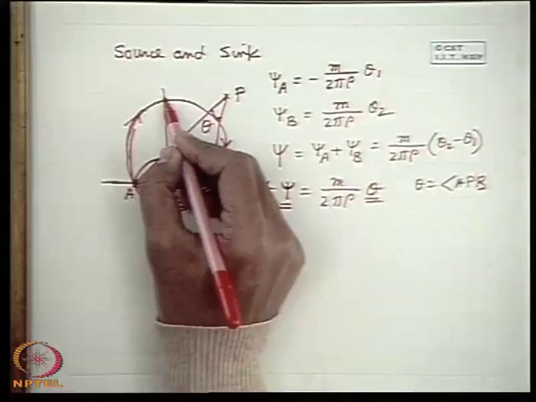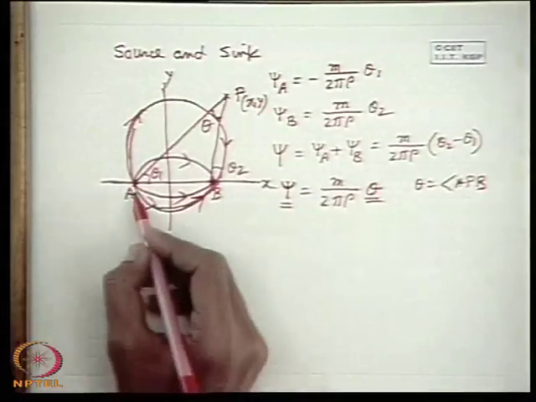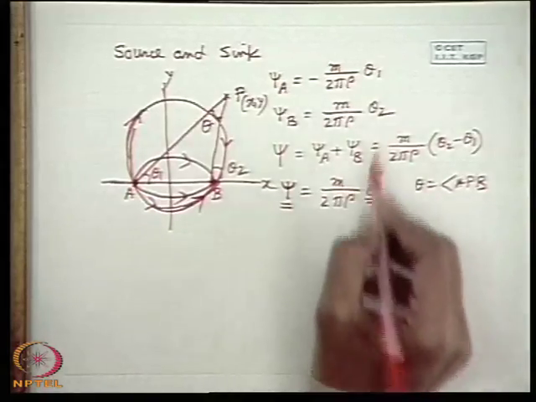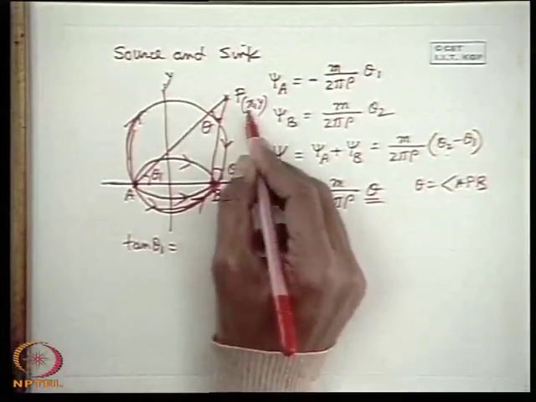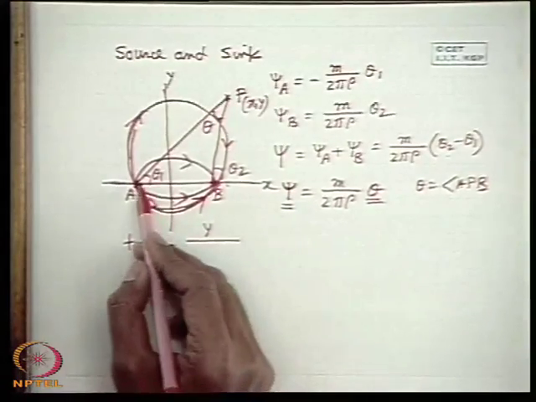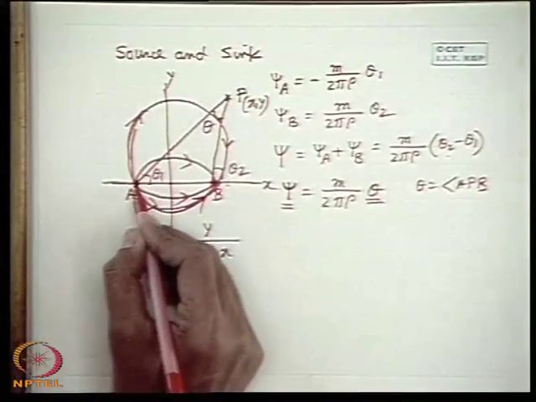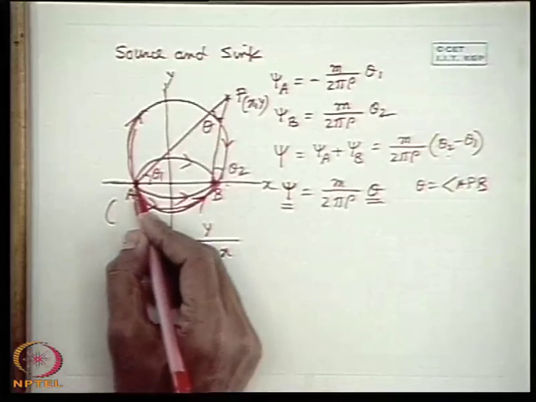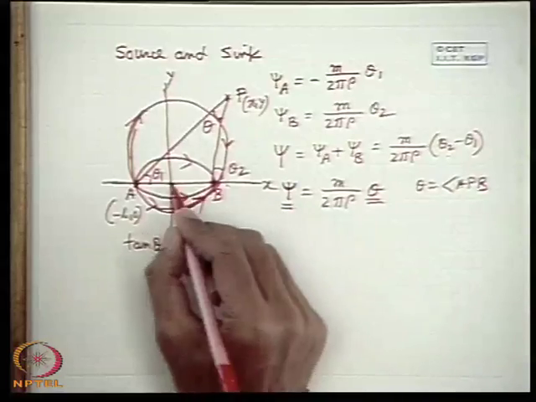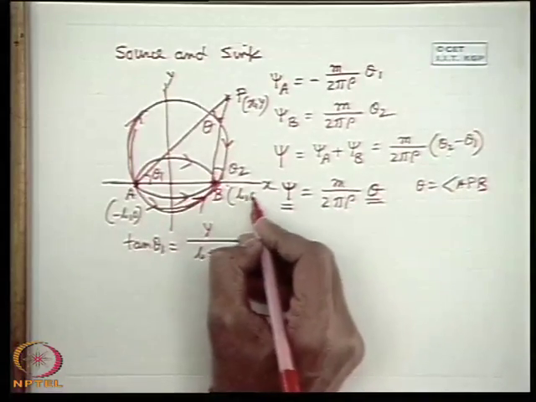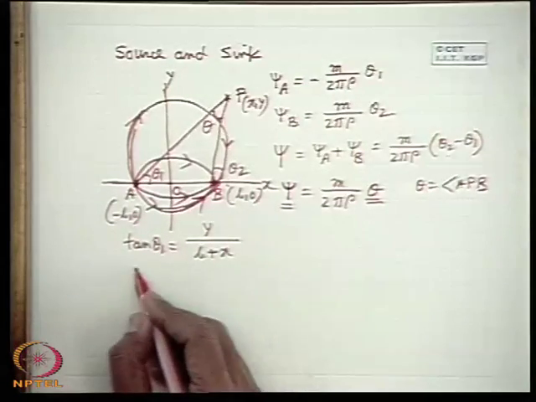Let us consider the x axis and the y axis. Let the coordinate of any point be x, y. Then we can write tan theta 1 and tan theta 2. Now tan theta 1 is y, the y coordinate of the point, divided by b plus x, where we take this distance as b. That means the coordinate of A, where the source is kept, is minus b, 0, and the coordinate of B on the positive x axis, where the sink is kept, is b, 0, which means if this is the origin, OA is equal to b, OB is equal to b, so b plus x.